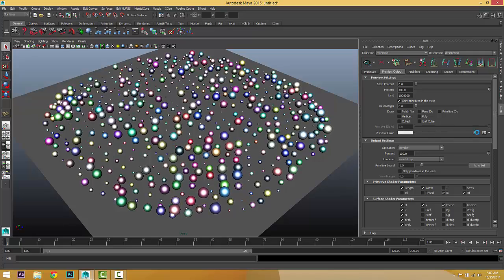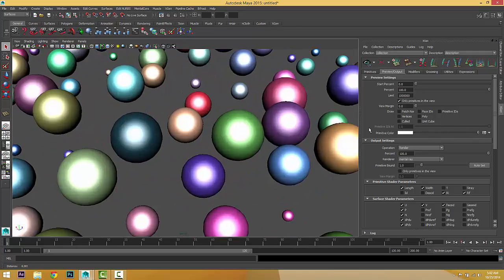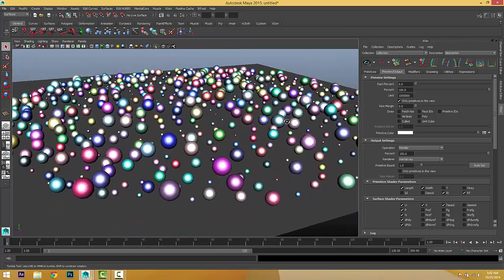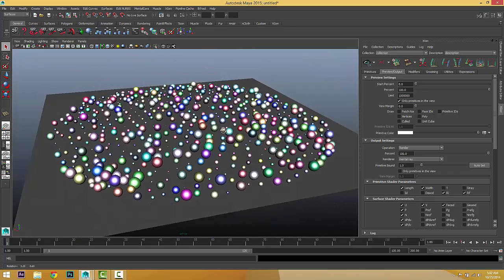Okay, which is a really cool effect. Each sphere is different in size, and each sphere is also different in color. Okay,